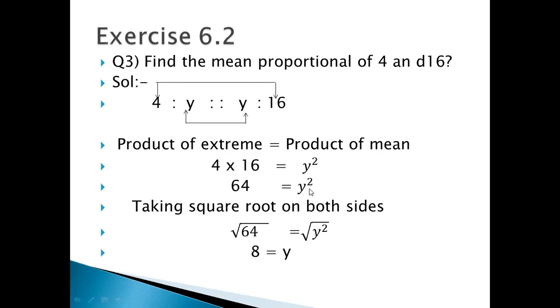You want to find the value of y. Here you have been given y square. So what will you do to remove this square? We already did it in the previous exercise chapter. To remove the square, we take the square root on both sides. When you take the square root, square and square root cancel, you get y, and the square root of 64 is 8. You can check it: 8 into 8, 8 power 2. So power 2 cancels with square, so you get 8.